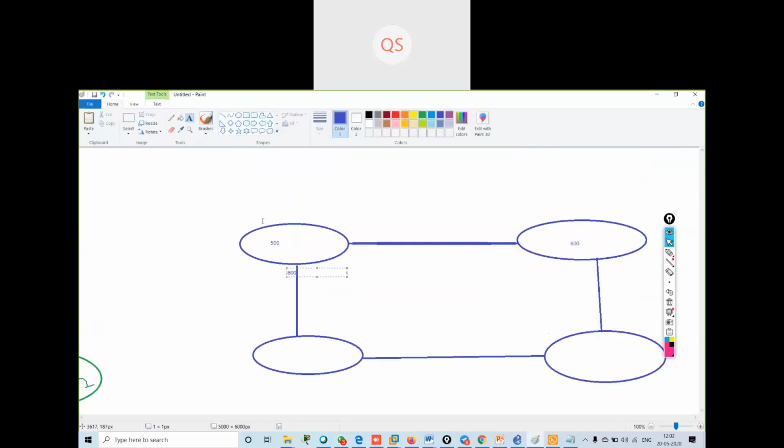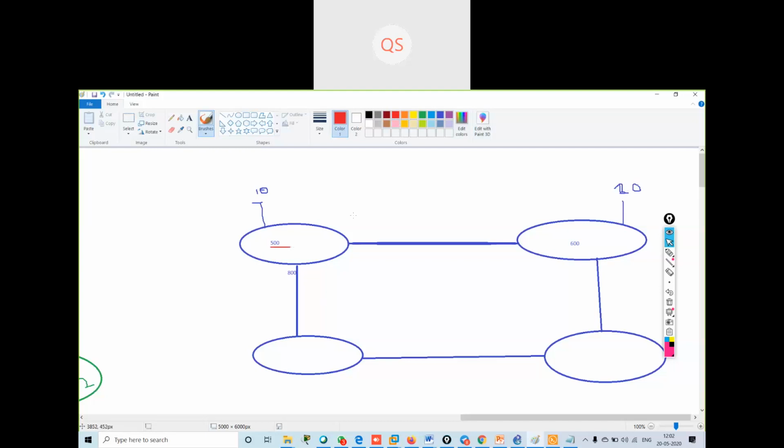Now suppose I want to reach my 20 dot network. I'm having a 10 dot network that is connected in the AS 500, and over here I'm having some 20 dot network. So if I want to reach the 20 dot network, I have two paths from AS 500.